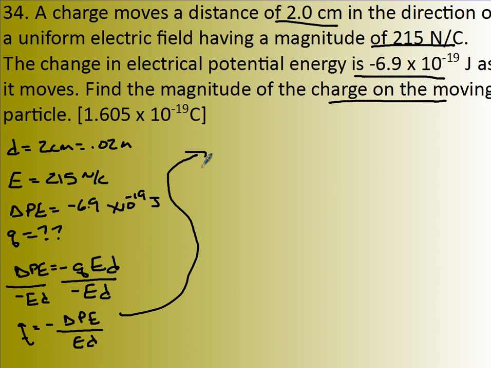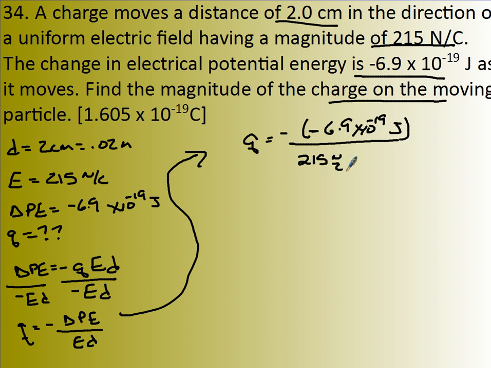So Q is minus, let's see, the change in potential energy is negative, so put that negative sign in there, 6.9 times 10 to the negative 19 joules, divided by E, which is 215 newtons per coulomb, times D, which is